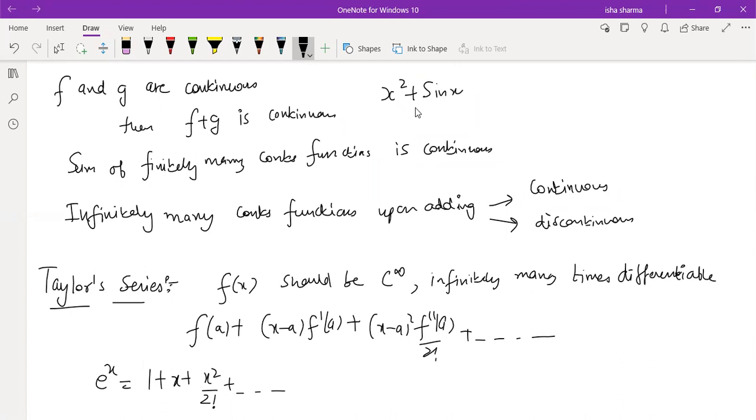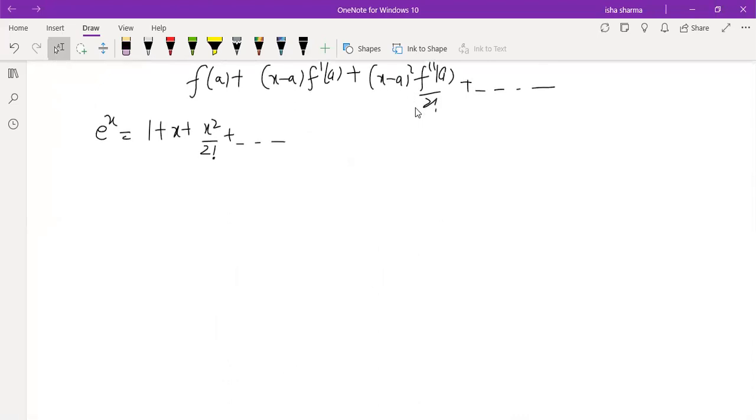But the new series which we are going to introduce will help us represent a function as a series of continuous functions, even though the function itself may not be continuous. So for that we are defining a series. What is that kind of series which is going to help us? Slowly we are bridging towards the definition of Fourier series. So we do have a series with which we can serve the purpose. This series is known as,